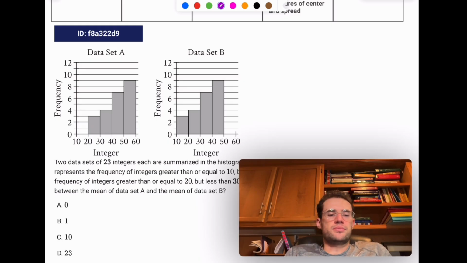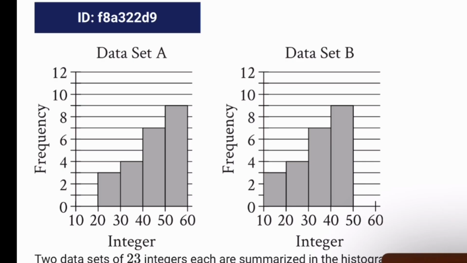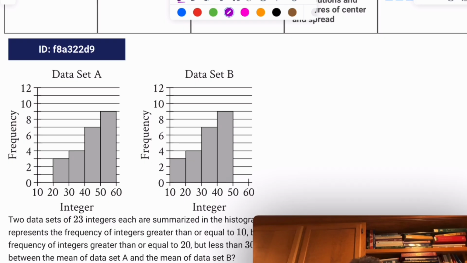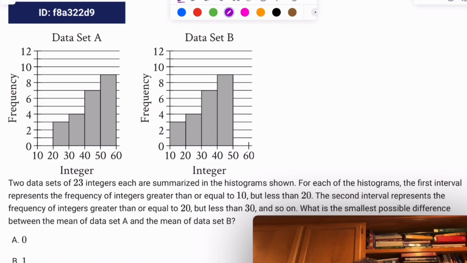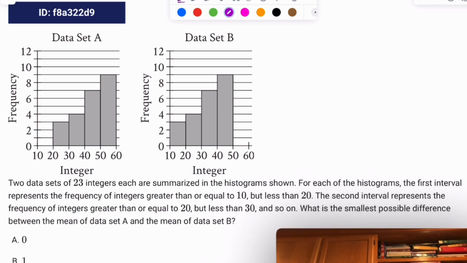We've got 2 histograms. Although neither of them has a bell shape, both of them just go up like that. 2 data sets of 23 integers, each are summarized in the histograms shown. For each of the histograms, the first interval represents the frequency of integers greater than or equal to 10, but less than 20. The second interval represents the frequency of integers greater than or equal to 20, but less than 30, and so on. What is the smallest possible difference between the mean of data set A and the mean